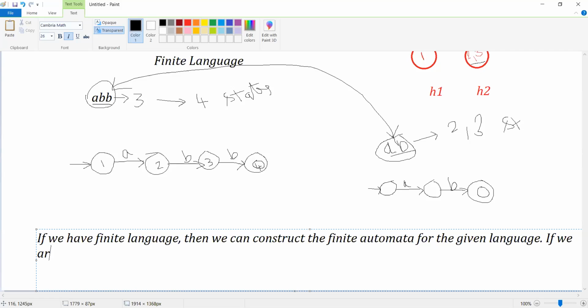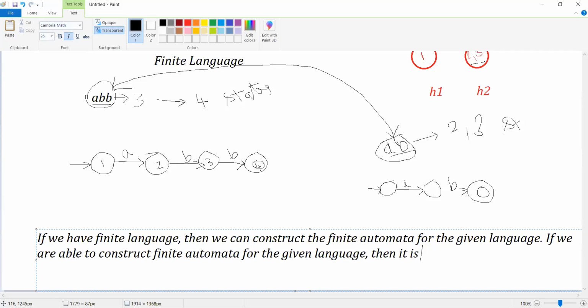If we are able to construct a finite automata for the given language, then it is a regular language.